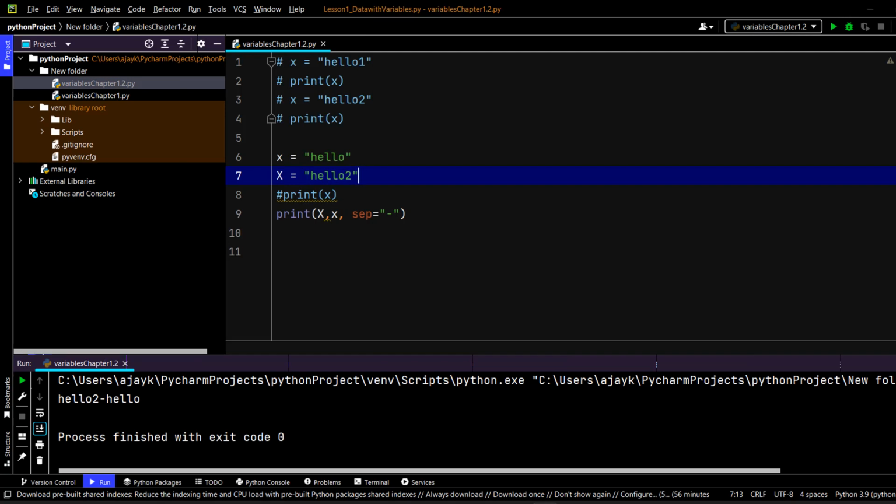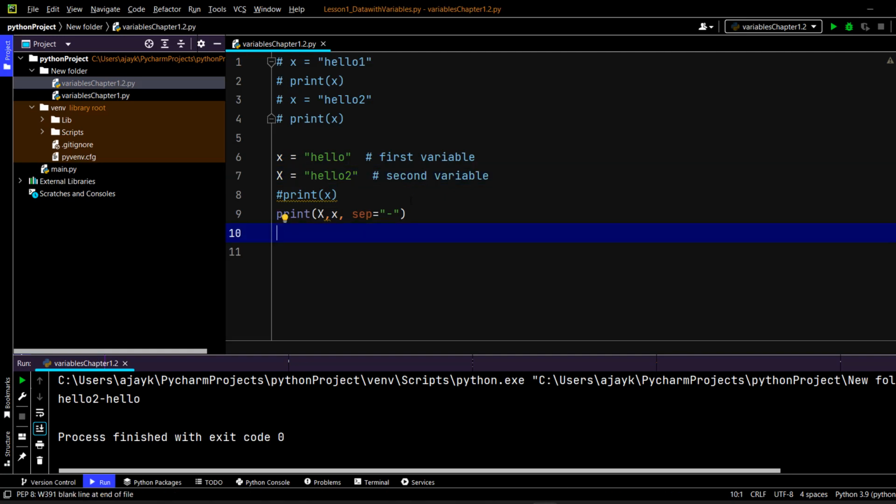Look at this now. So don't get confused that you will see here hello hyphen hello or hello 2 hyphen hello 2. No, this is a different variable. This is, for Python, a second variable, right? And this one is the first variable. So these are very small things, but it can trouble you if you do not know about it. Okay, now once we are done with this,